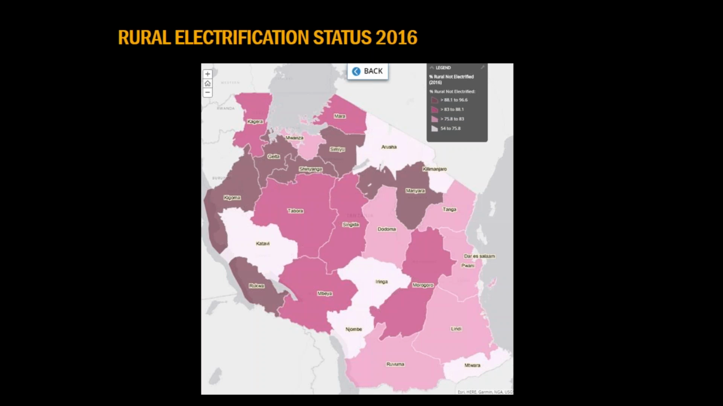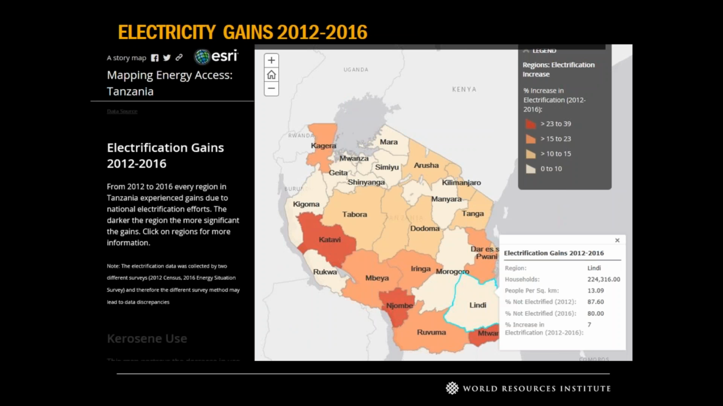But of course, in areas which are more touristy and commercial, Arusha, for example, or Njombe towards the south, the rural electrification rates are much higher, but still even today about 50%. The interesting thing is how the electrification has progressed from 2012 to 2016, and this is obviously very important